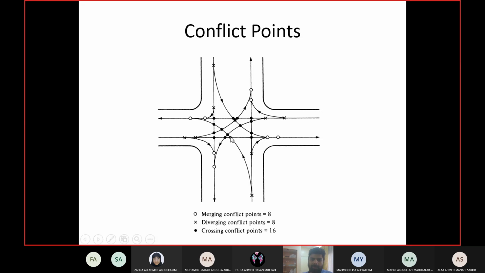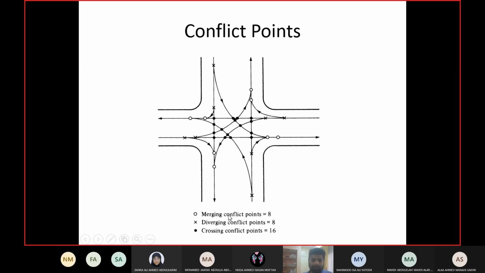Now you can see, 3 conflict points at a point. These 3 conflict points in a limited space, which is what we don't want, right? So you have to design something at this location so that these 3 vehicles do not intersect, because we said one path should cross you at one point, right? So you have to then make the design changes accordingly. First of all, identify the conflict points, and then see which of them you can eliminate completely and which of them needs to be shifted and so on.